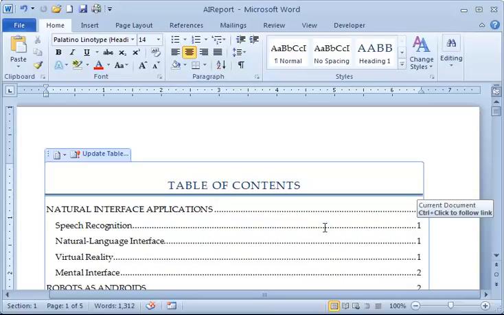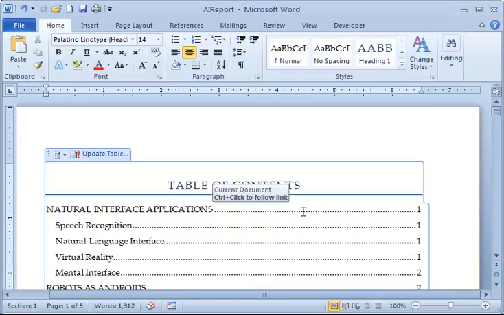So still in the same document, we're going to go back, make sure we're on the top of the document in the table of contents area, and we're going to modify both level 1 and level 2 styles within the table of contents. We're basically just going to change the font size, and also make it italic. We'll do some other things in there too, but we're just going to make some changes to